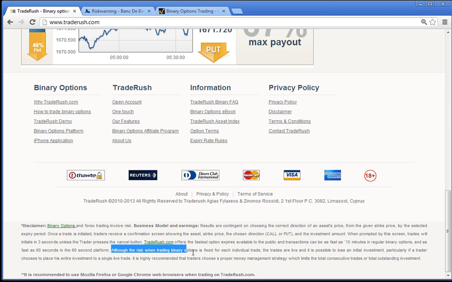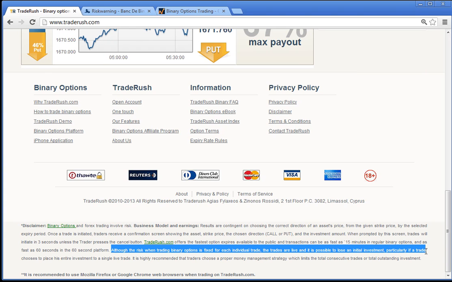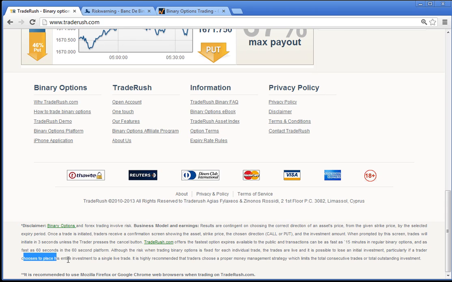Although the risk when trading binary options is fixed for each individual trade, the trades are live, and it is possible to lose an initial investment, particularly if a trader chooses to place his entire investment on a single live trade. Well, yeah, if you put all your money in, it's possible for you to lose all your money. Don't see much value in that statement, but I guess they want us to be clear that we can lose